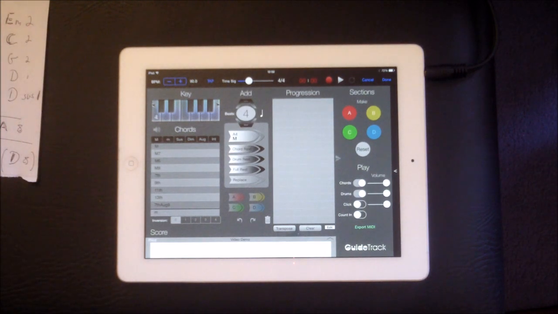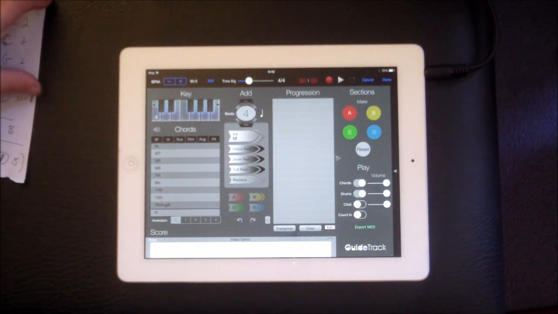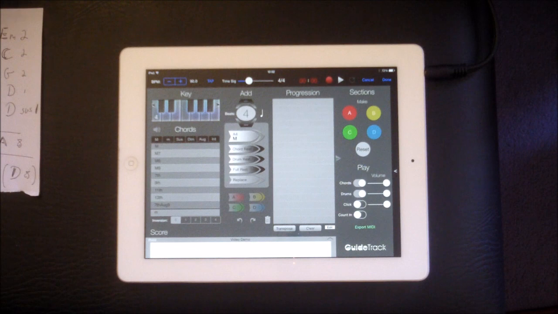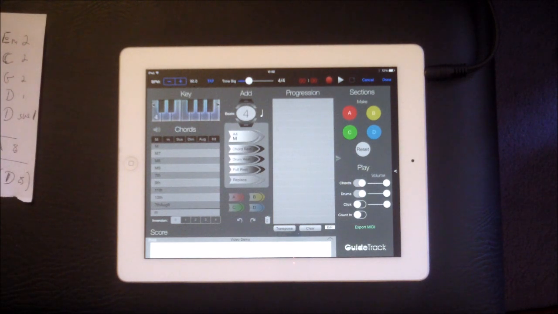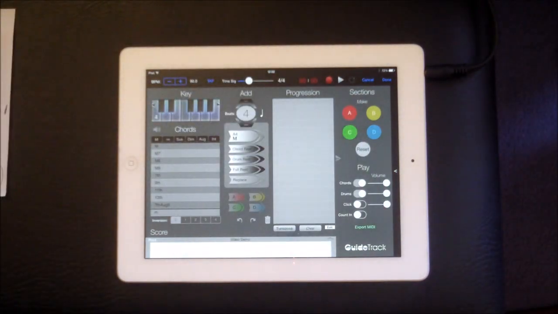It's not for your finished product. Not even close. That's not the point of the app. Guide tracks have been around for ages. Songs usually go through 3 or 4 stages of development. Someone will noodle on a guitar and make a few notes, which is what I did earlier. Then they'll make a guide track for the band to listen to, and then the band will make a demo, and then the demo will go into the studio where they'll finish the song. That's more or less how bands work.